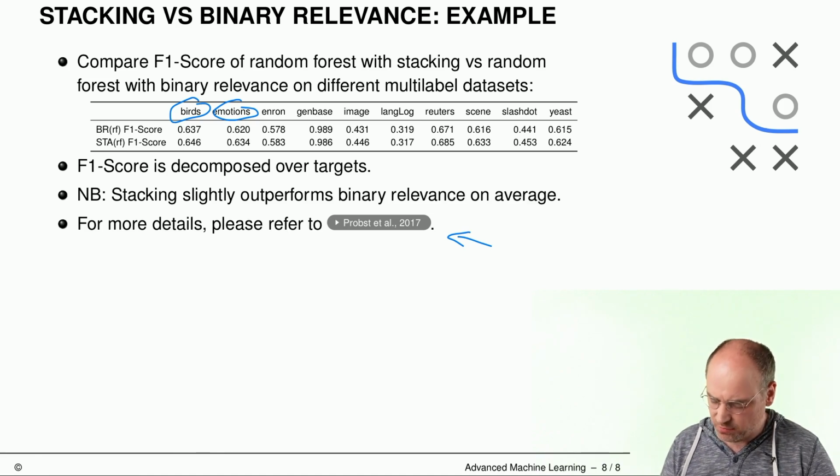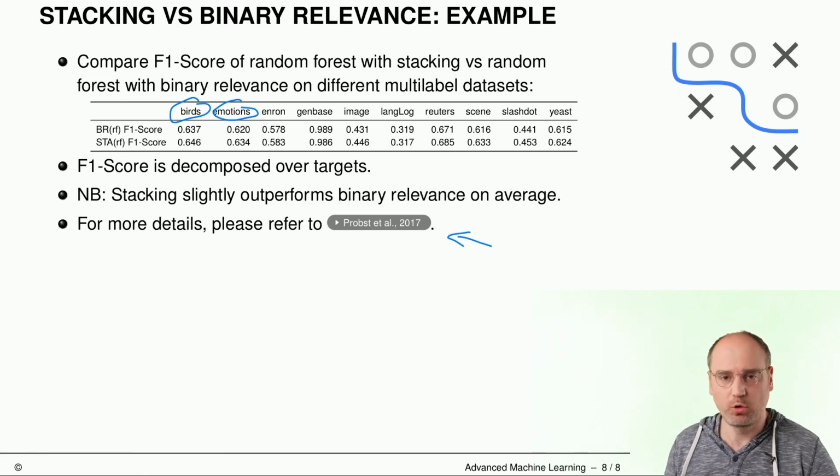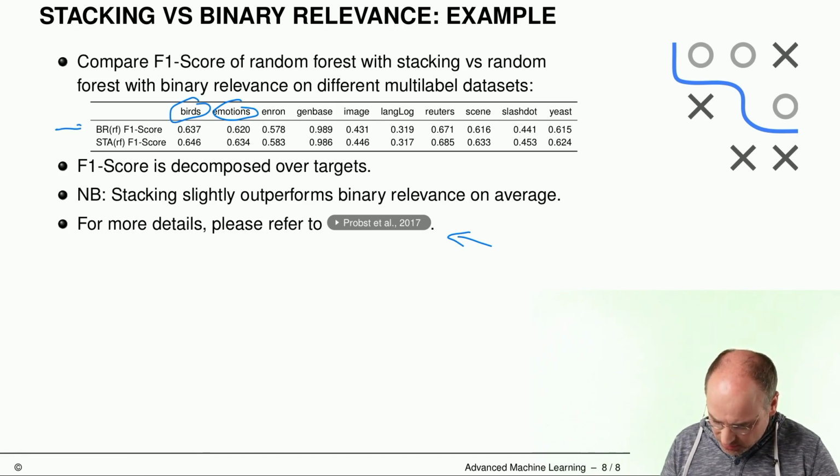I didn't copy everything from the paper because quite a lot was in there, but I mainly wanted to compare two very simple techniques. The first one is the baseline binary relevance modeling, where we just take independent models,